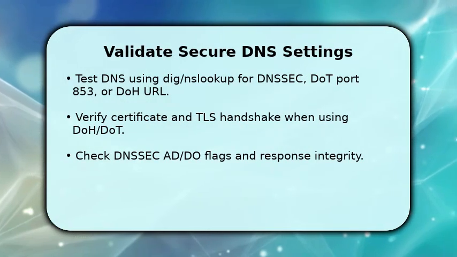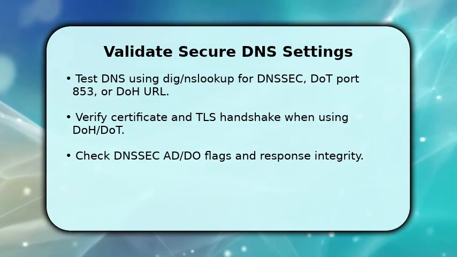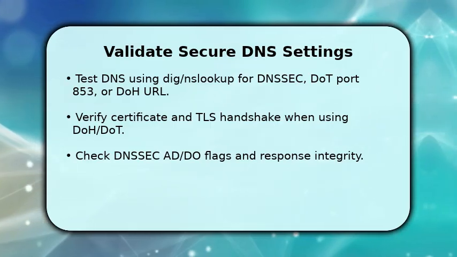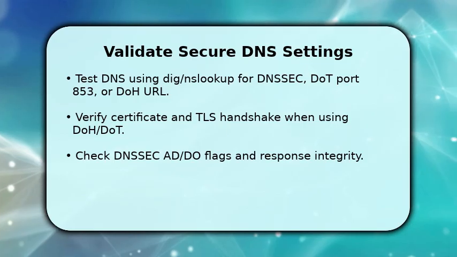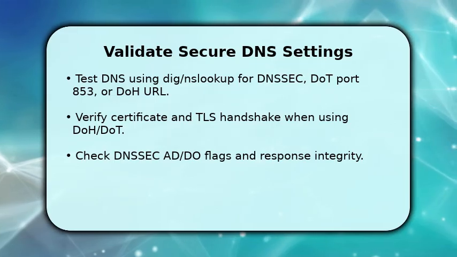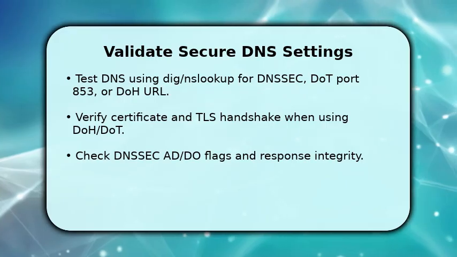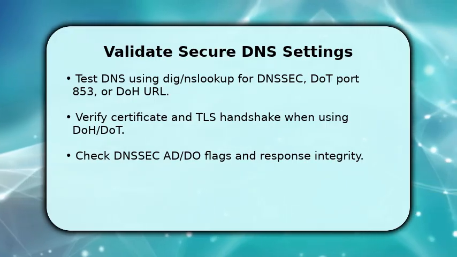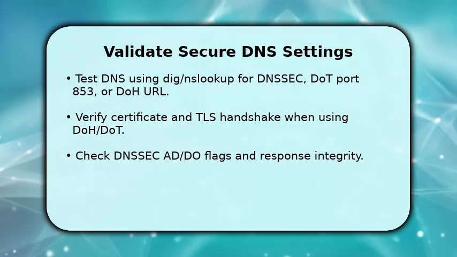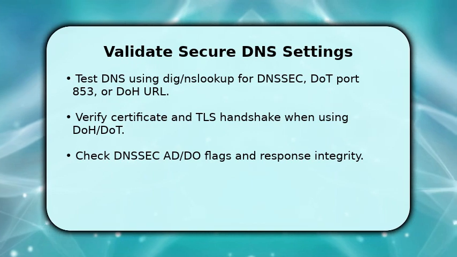Next, run active checks. Use dig or nslookup to query known domains and request DNSSEC validation flags. Inspect the AD or DO bits. For DoT, attempt a TLS handshake to the resolver on port 853 and confirm the certificate matches the provider. For DoH, perform an HTTPS request to the DoH endpoint and verify TLS chain and hostname. Make sure responses contain expected records and validation metadata so you can distinguish a secure response from an intercepted or